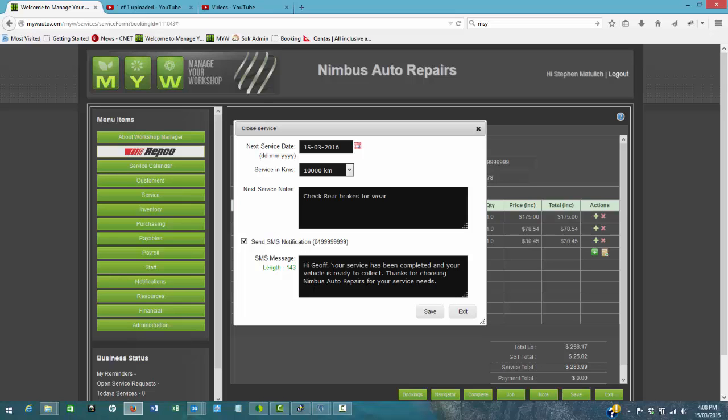So the system by default prompts you with: hi Jeff, your car has been service completed, your vehicle's ready to collect. So this is something you can change, and again that's available in notifications. There'll be messages. In this case we won't actually tick it, it's a business and he's calling around this afternoon, but that would normally be checked. So once we click save,